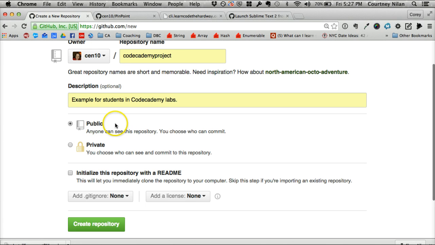By default, all repositories are public on GitHub. You can pay for a private repository. You're going to click Initialize this repository with a README. It's a good idea to have a README file on each of your repositories with a brief description of what